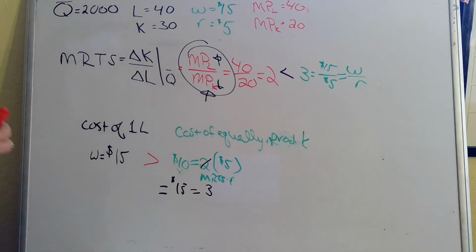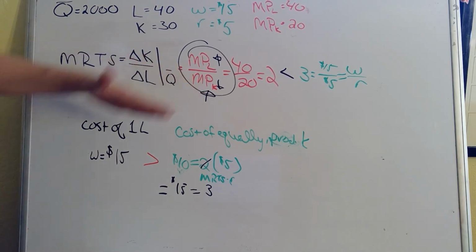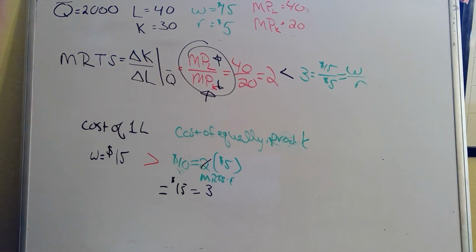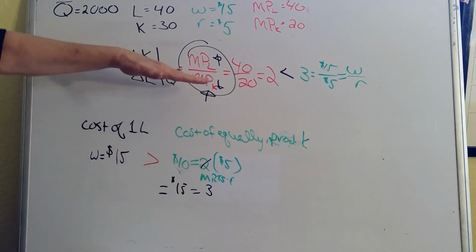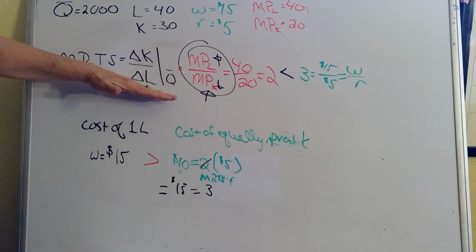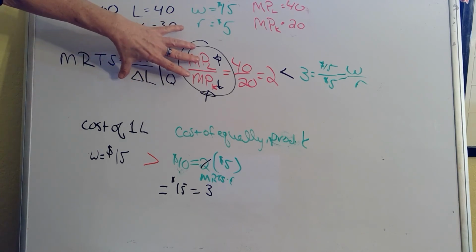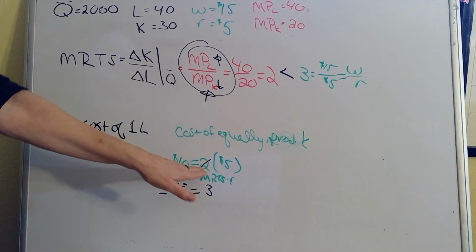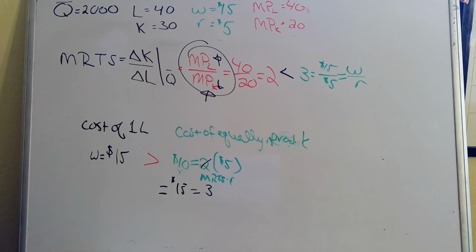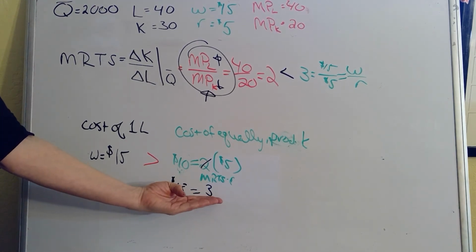And in that case, a worker is just as expensive as an equally productive amount of capital, and then I'll stop. But I keep replacing labor with capital because labor is more expensive than an equally productive amount of capital. It's cheaper to use capital, and so that's why I do it. The result of that is that my marginal rate of technical substitution goes up. That's not why I do it, but that's what happens because of that. But I'm going to keep doing it as long as this is less than $15. I'm going to keep replacing labor with capital. But eventually I'm going to get to a point